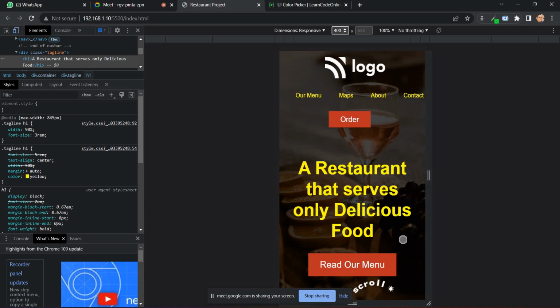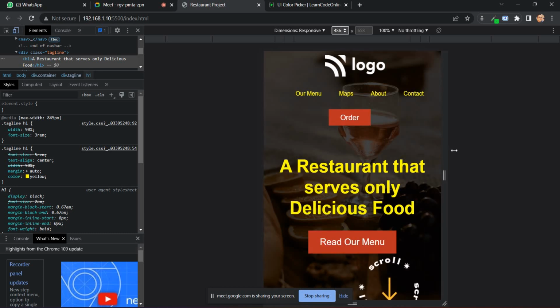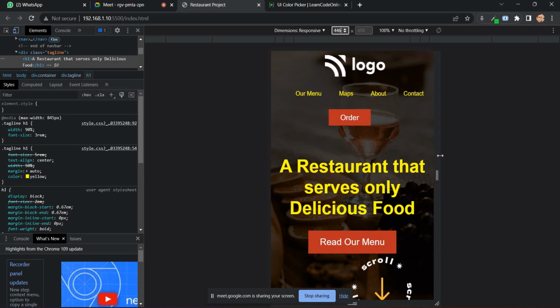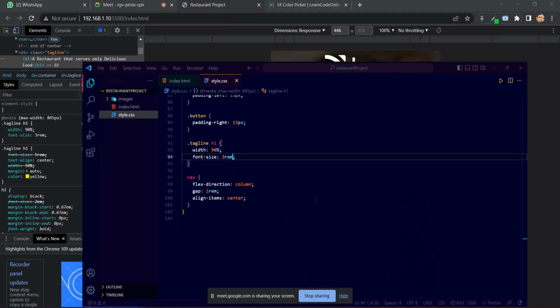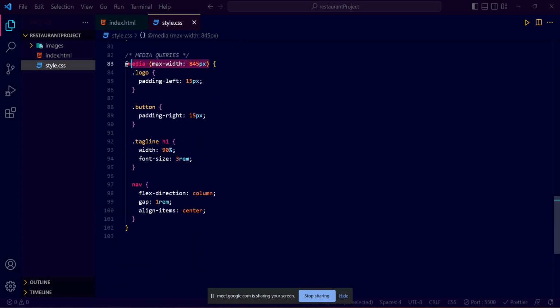Yeah, 400 pixels is nice. From... no, there is space here, but there is no space on this side, so it's not looking good. I think from here, from 450 pixels, because there is little space here and more space on this side. So I need to work from this 450 pixels. Let's copy this media query and make another one. Give it the size of 450 pixels and